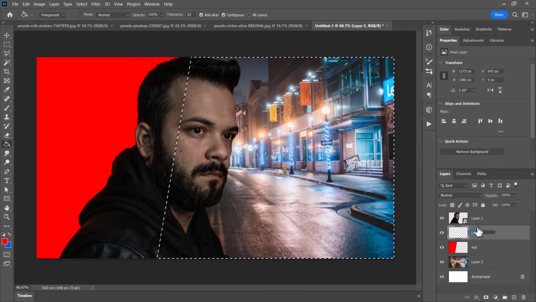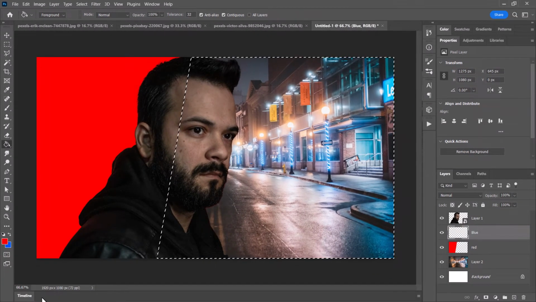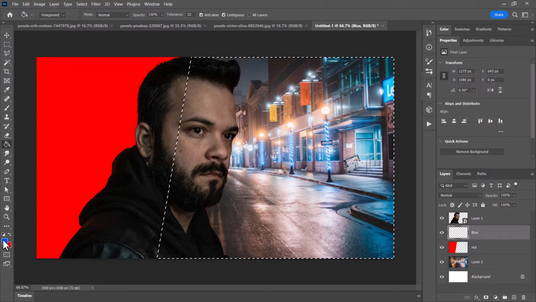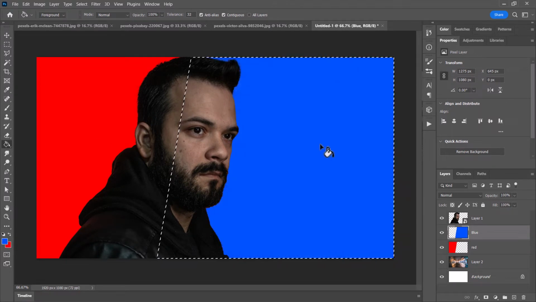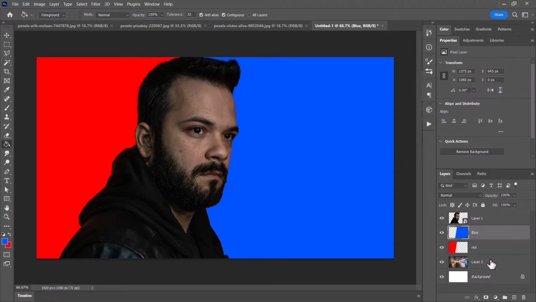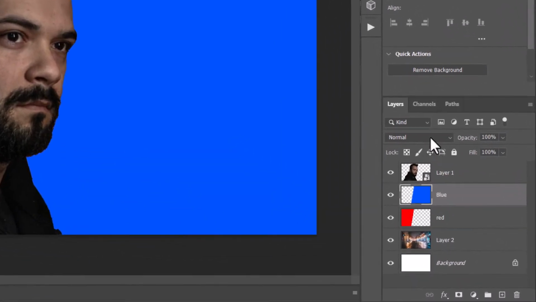create a new layer. I'm going to call it blue. I'm going to switch, put the blue in the foreground, and then get my paint bucket and paste in there. So what I can do now is use these to tint the color of this background. So I'm going to go in, I'm going to say Color,